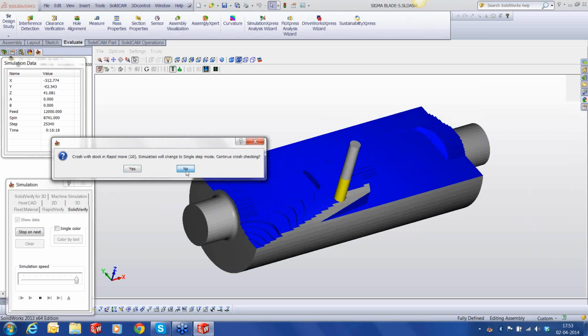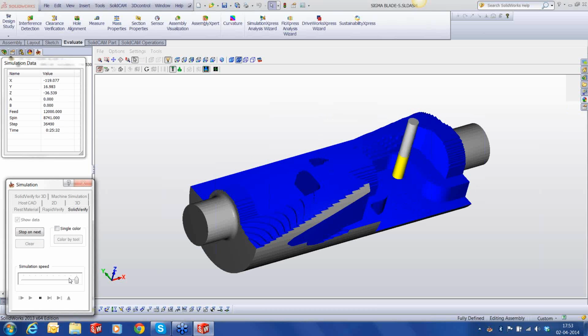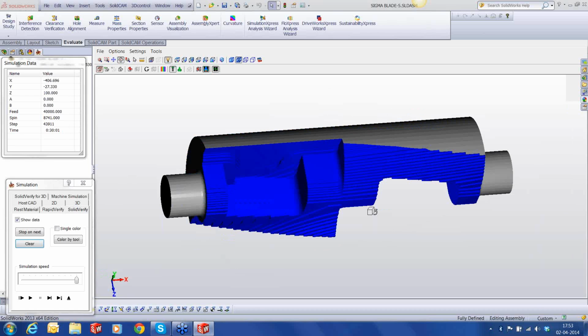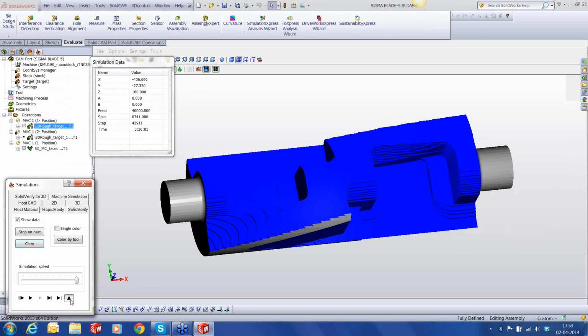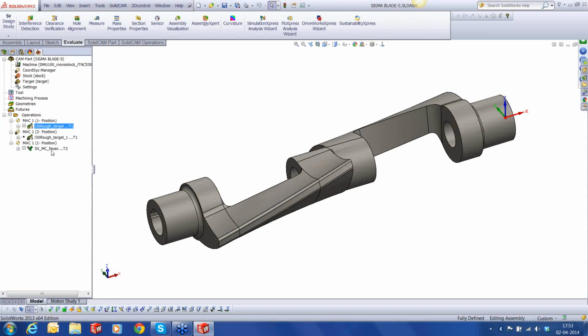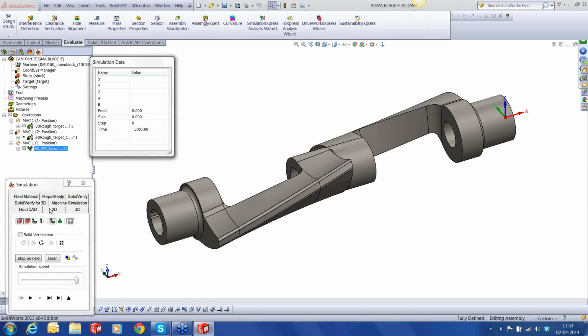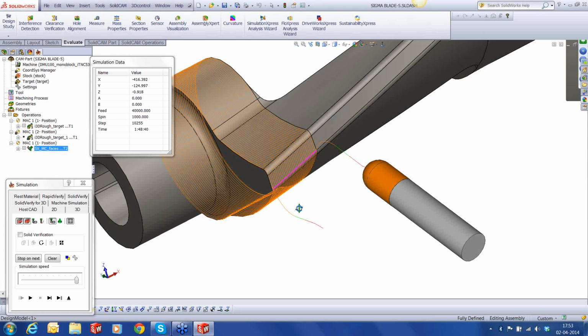You can see that it has taken a complete 40 millimeter depth of cut in one go, and then it's using the step-up principle to cut or create the scallops. So that's how the first roughing is going to look. Okay. The second roughing is still being calculated. Done. The third one is already calculated. What I'm going to do is simulate in HostCAD. I'm going to see this toolpath because we could make changes, we could do a lot of things to this. The toolpath looks fine, except for the fact that